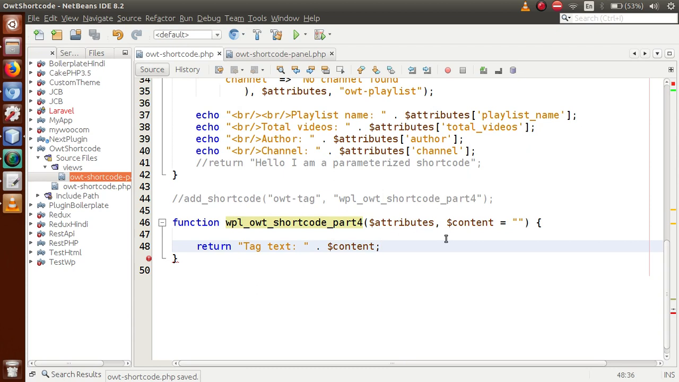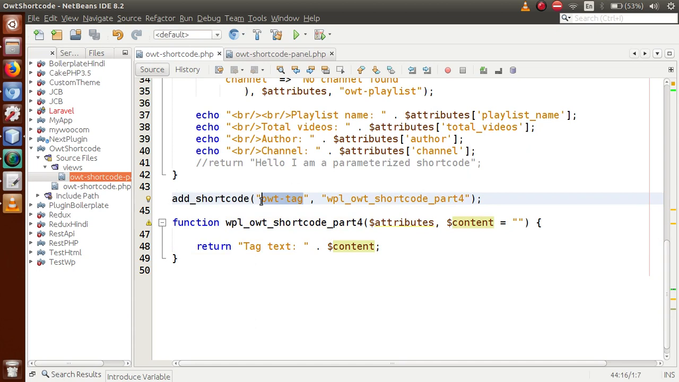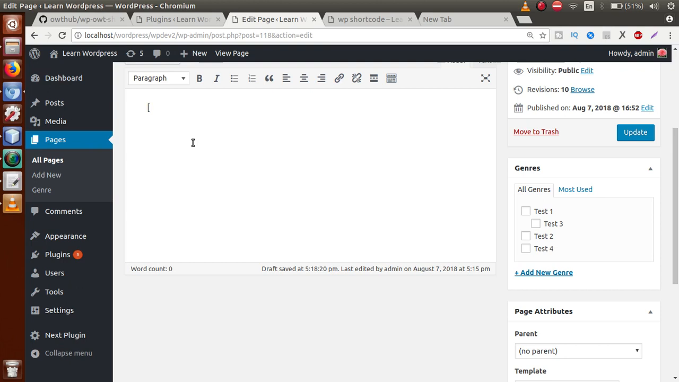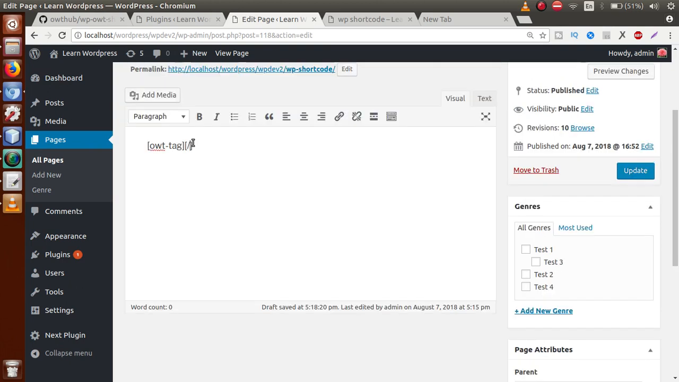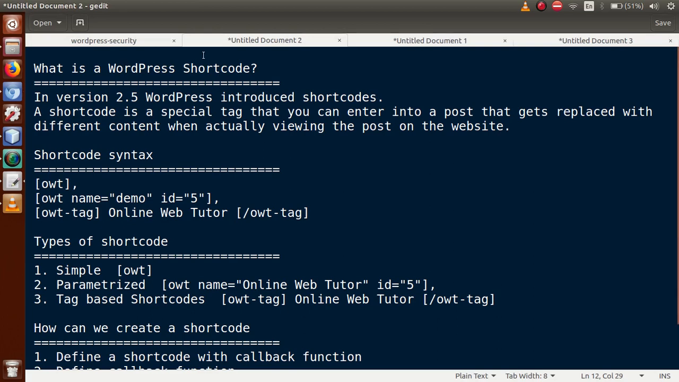Let's uncomment that, because this is the shortcode owt-tag, so make a copy. After calling this shortcode, it calls this callback function. When any text is passed inside this owt-tag, it will get inside this content variable. Now go to the editor and pass owt-tag. Within this closed owt-tag, let's pass a simple statement that we have seen. If we copy this tag, go to the slides,